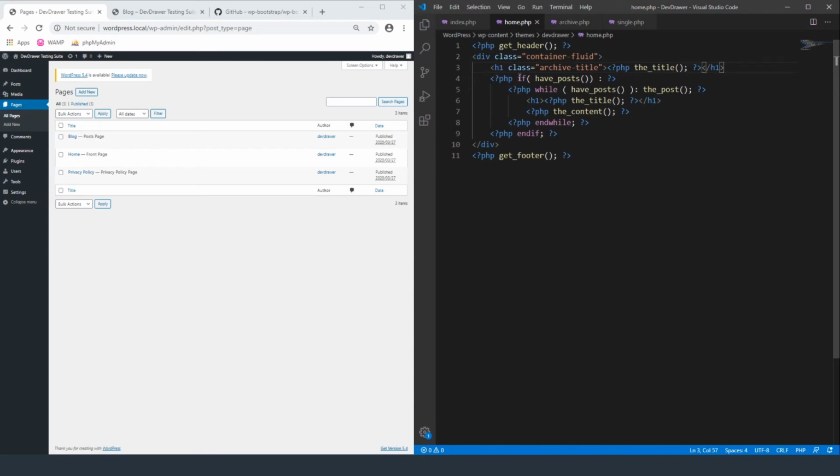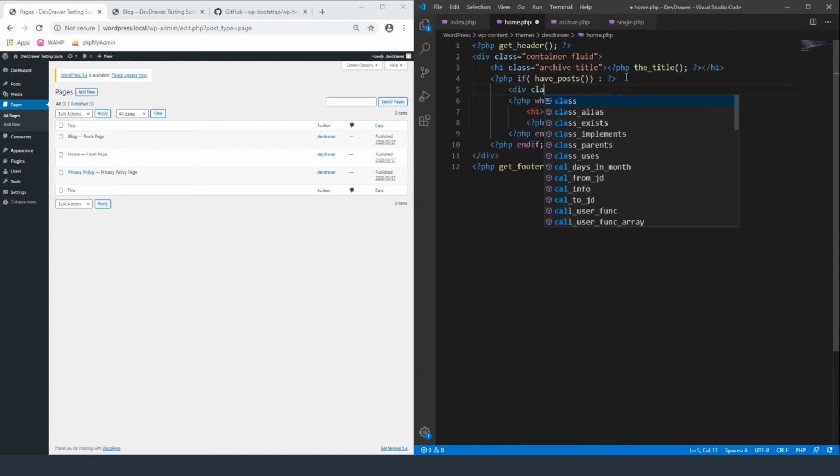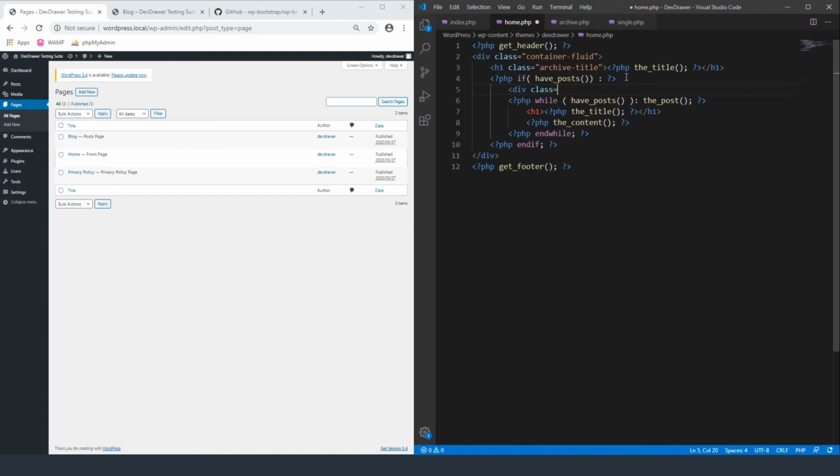Okay, so we're still going to use the if have posts, but on this one, instead of just displaying the content, we're going to do div class row, and we're going to display each one of these in a column. Let's close out the div, and inside of this, so this will stay the same, but what we want to do is, instead of getting the content, because you don't want to have on your blog page the entire content that you're looking for, we're going to grab the function, the excerpt,